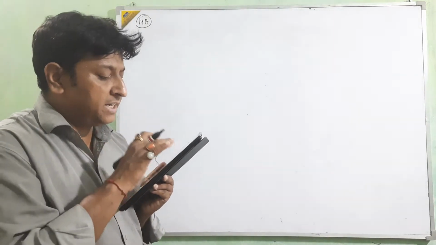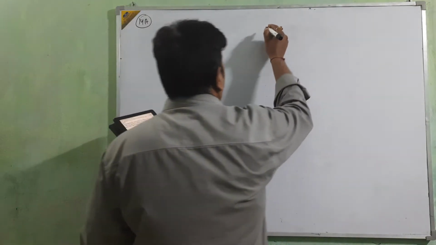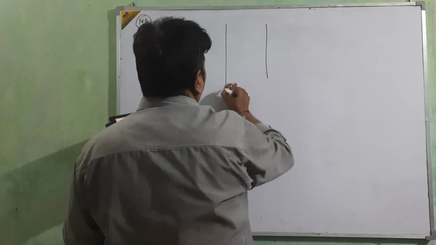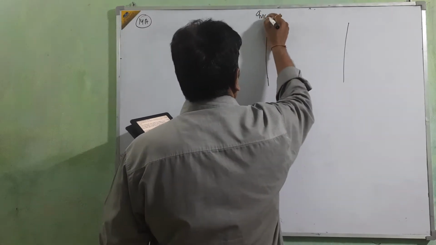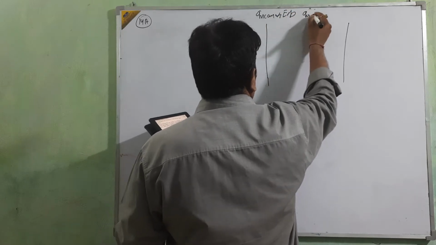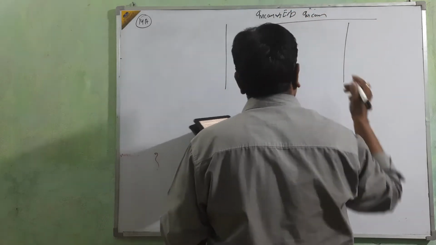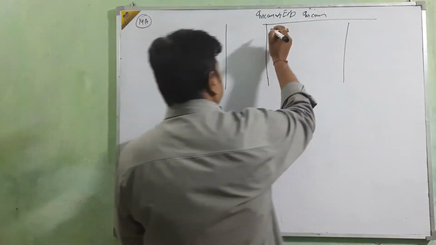subscription outstanding of the year ending 31st March 19 for the current year is 20,000. So we are going to start making the income and expenditure account. Just see how we are going to show it on the income side. I think we don't know about that. Subscription will show on the income side. We start with the subscription.